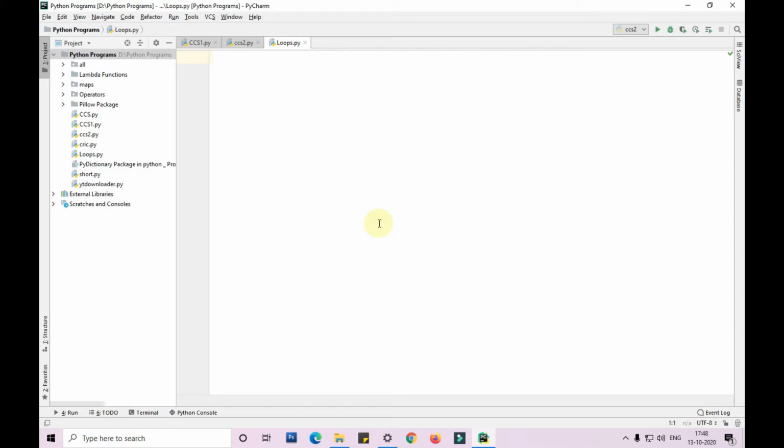So loop is a repeated process of an operation. That is, if we want to repeat a particular operation multiple times, instead of writing the code multiple times, like print hello, like if I want to print hello 1, hello 2, hello 3, instead of writing the code multiple times, I'll use loops there. So there are two different types of loops in Python, guys, that is for and while